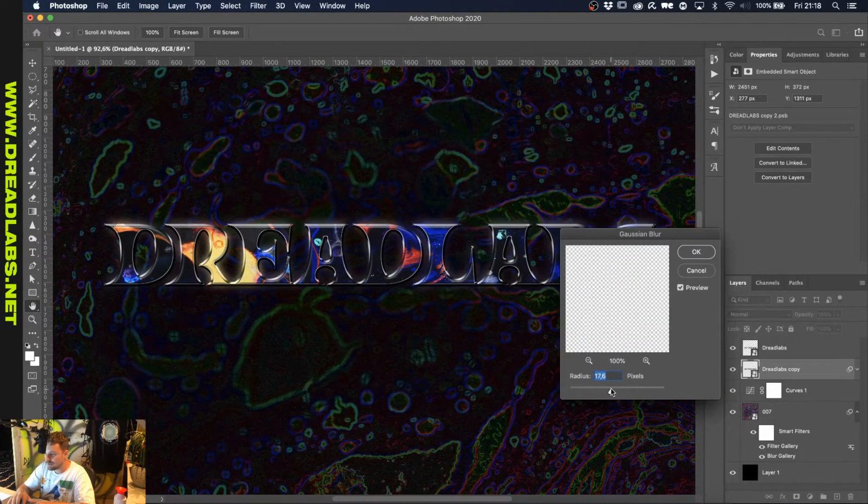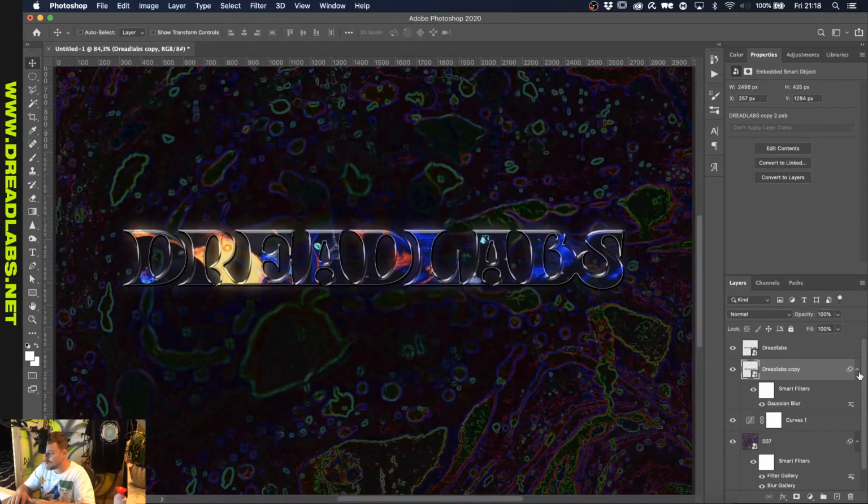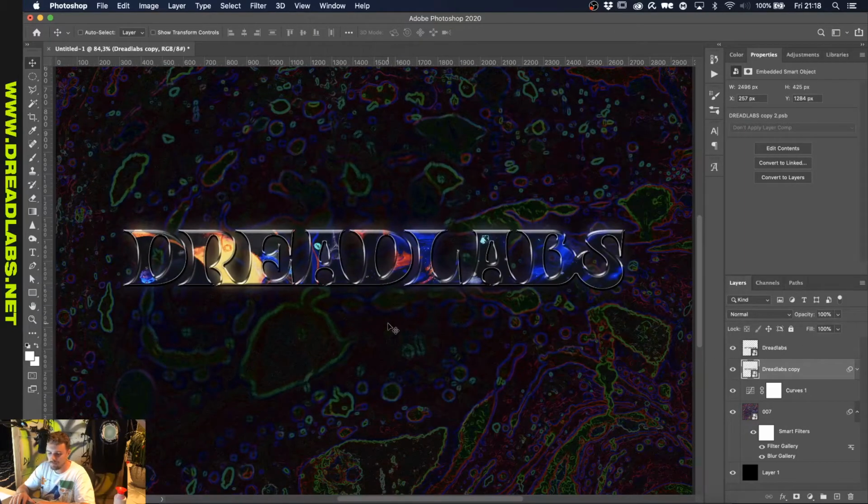Okay, so if we add a Gaussian blur, something like this, you can see how trippy this got with only a font, two textures and layer styles, you know. Well, and some filters, but